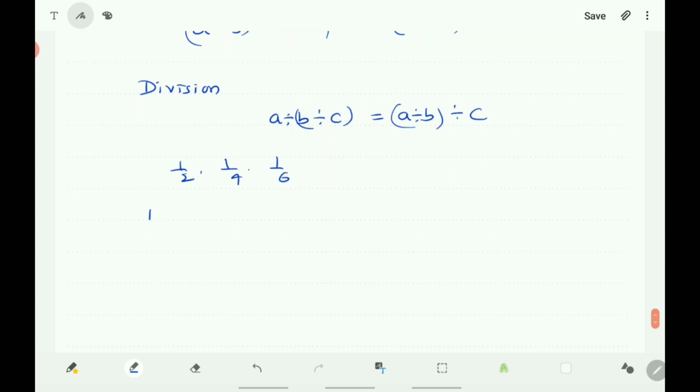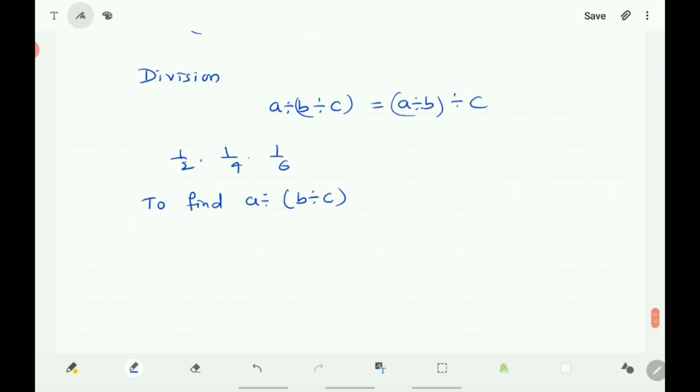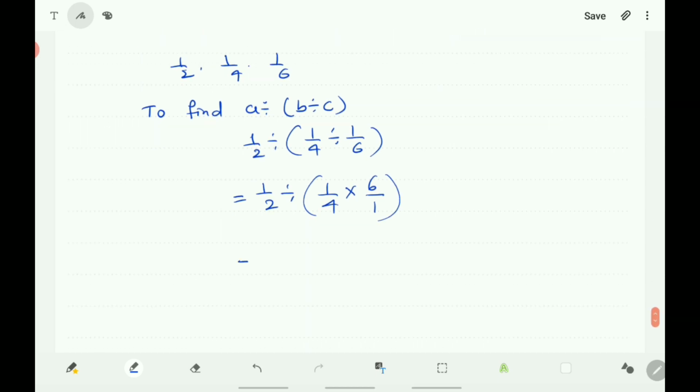Now to find A divided by B divided by C, that is 1 by 2 divided by 1 by 4 divided by 1 by 6, that equals 1 by 2 divided by, and you first simplify the bracket, that is 1 by 4 into the reciprocal of 1 by 6 that you have to take, that is 6 by 1, is equals to